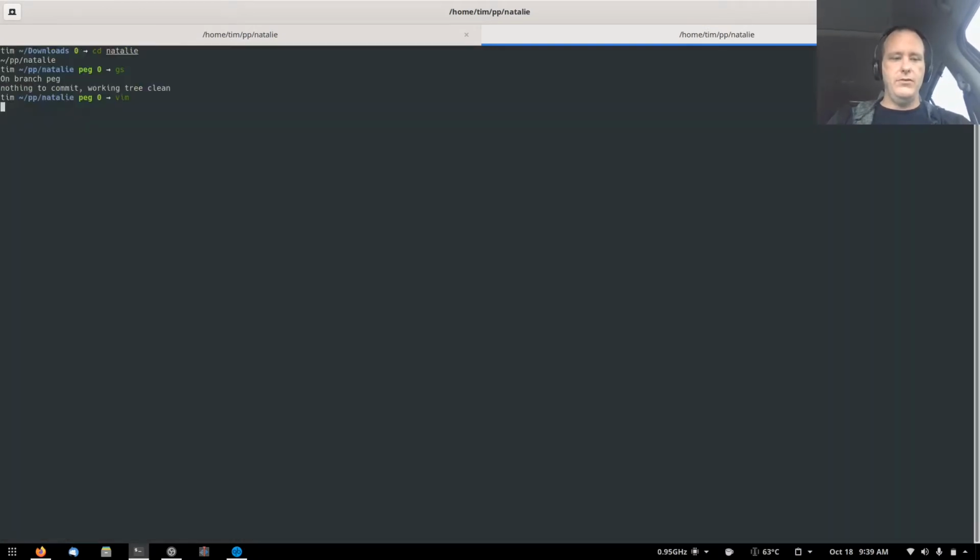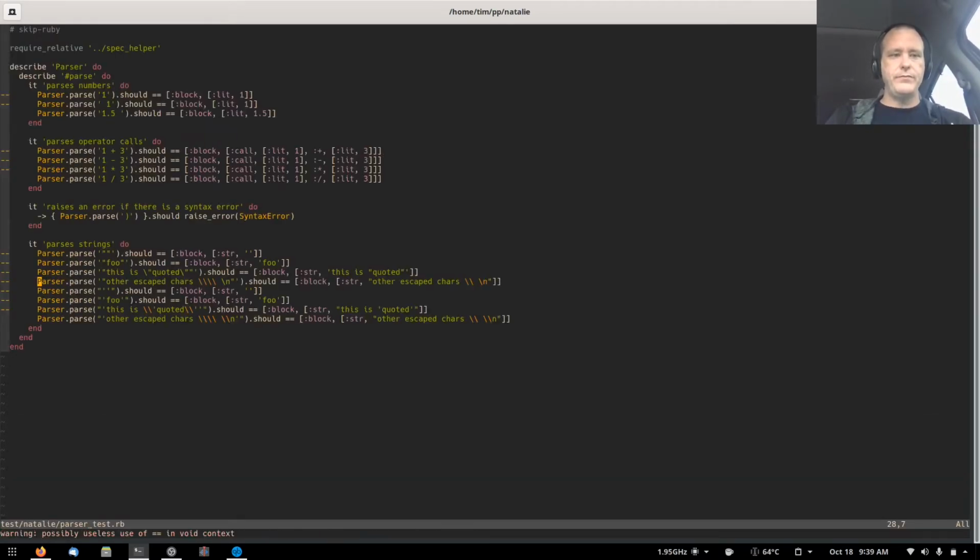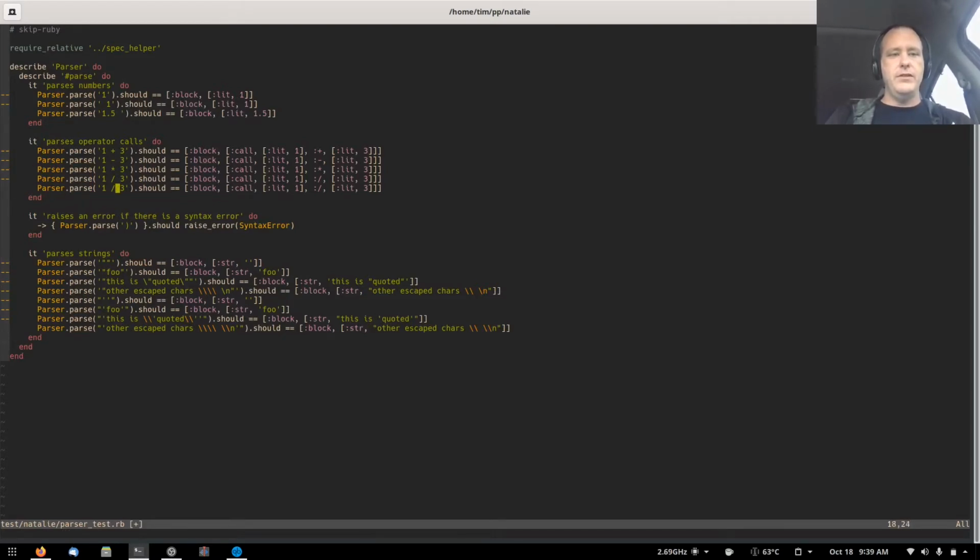I guess I don't need two windows open, do I? Just close that, and let's go to our parser test, and let's see if we can express this in code in a way that makes sense. We can just do 1 times 2 plus 3, and